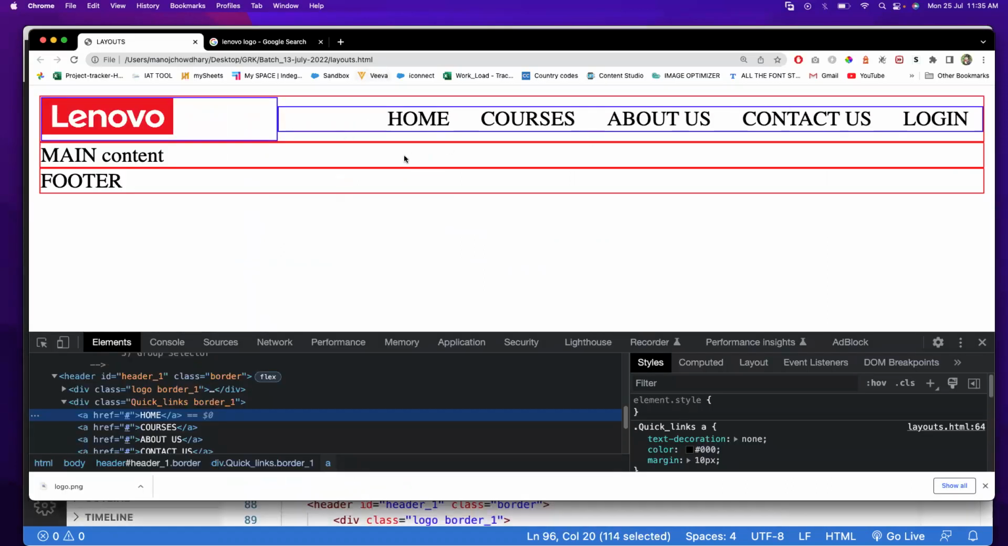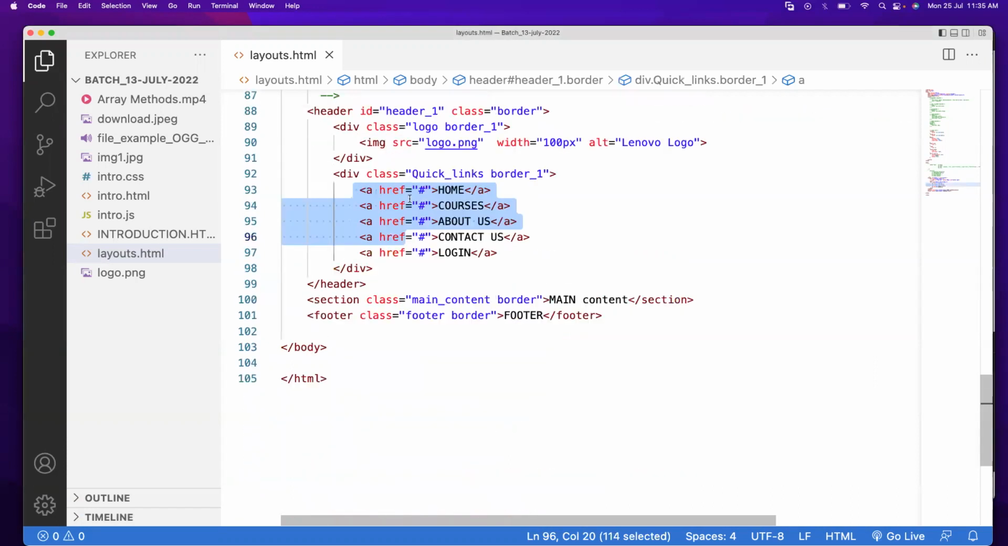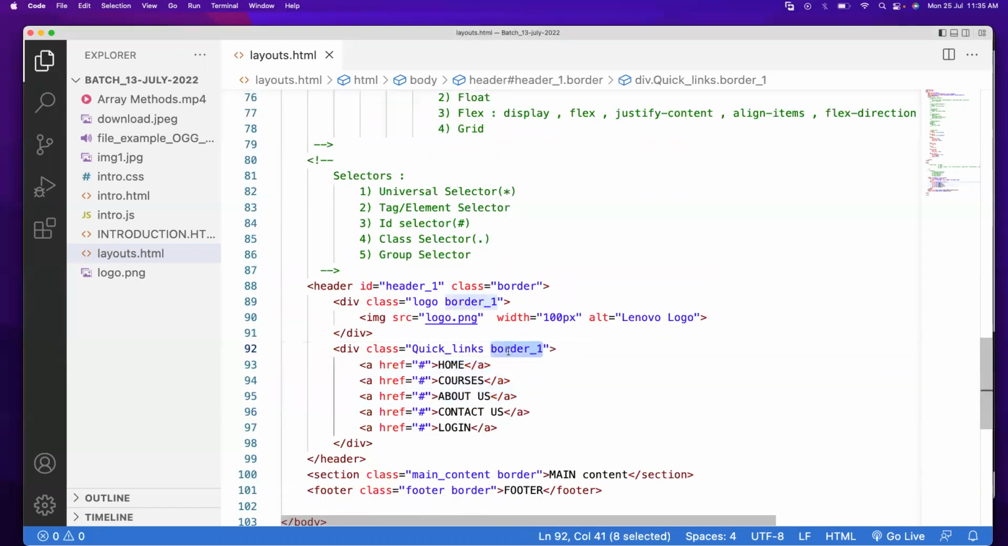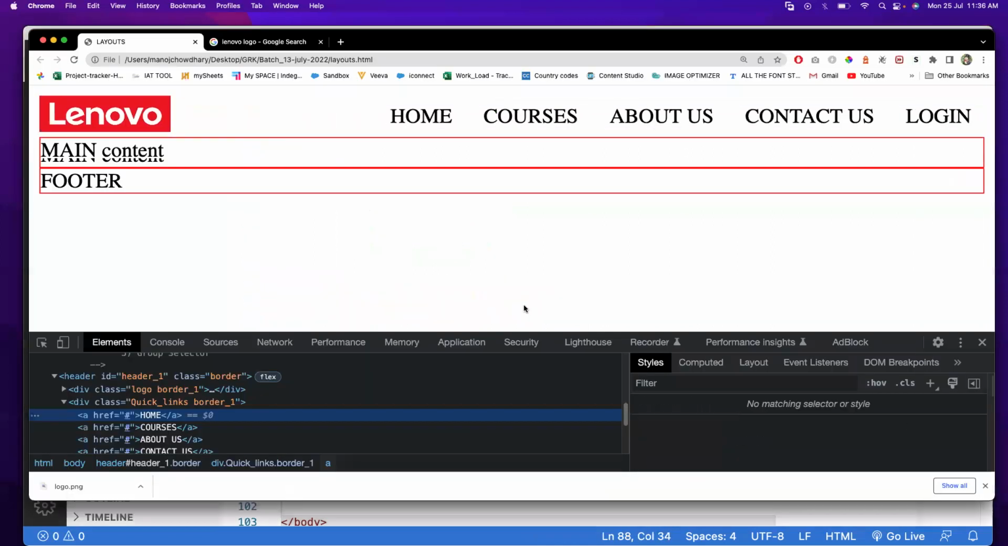So now I can remove these borders for the parent. Why? Because I don't want this border anymore. So border remove. So now if I save it and if I go to the browser, see this is what